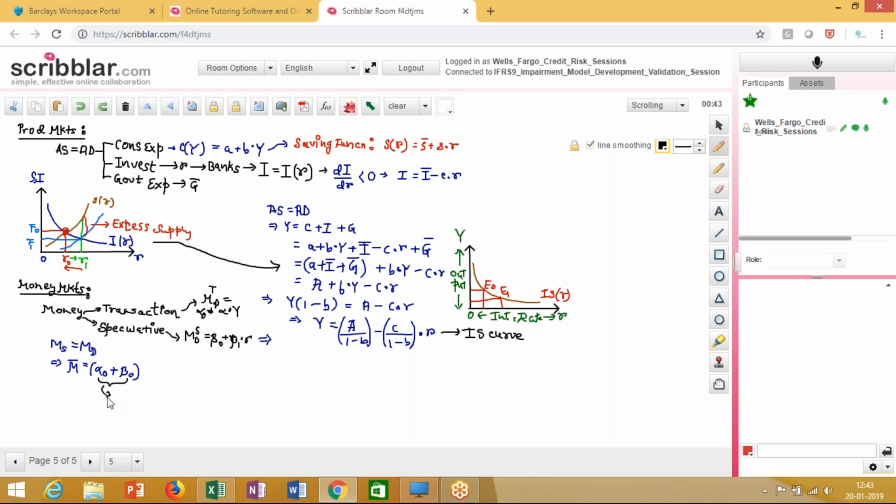Let's call it delta 0, plus you have alpha 1 y and beta 1 r. Right. So over here,